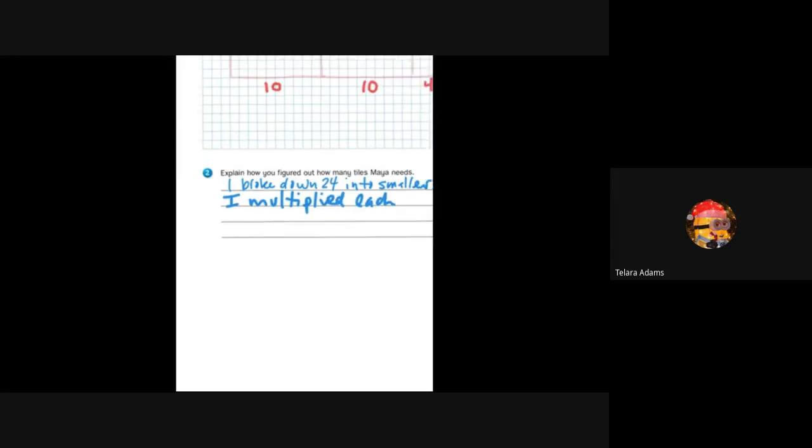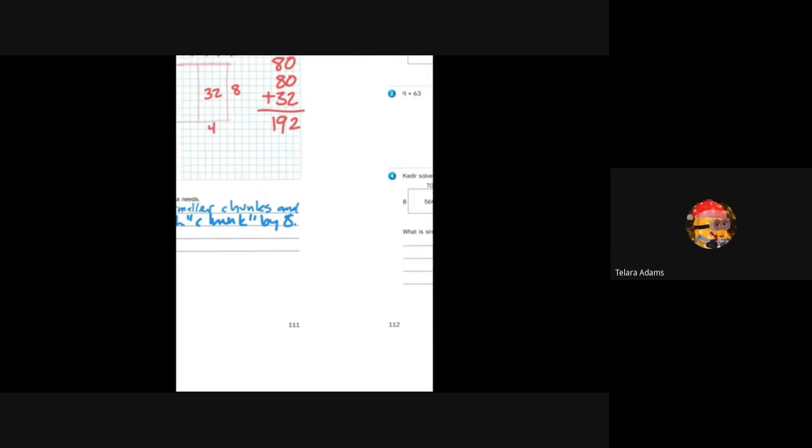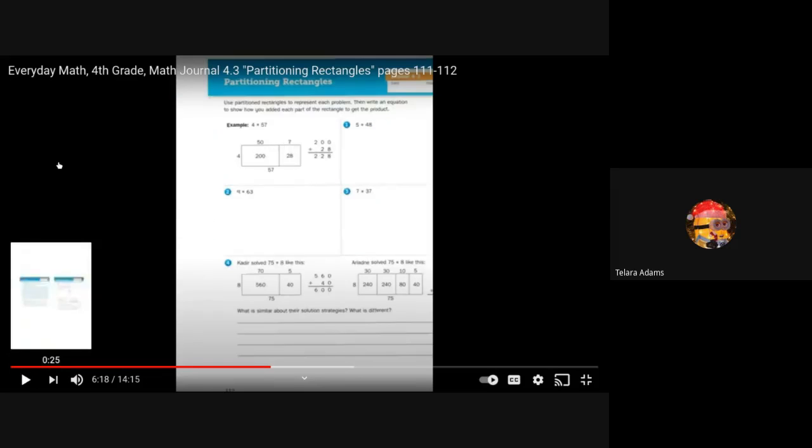Well, I multiplied each part, each chunk, by 8. Divide and conquer, but not literally divide. Division is a concept we'll get into a little bit later. But that's what partitioning rectangles does. If you take a